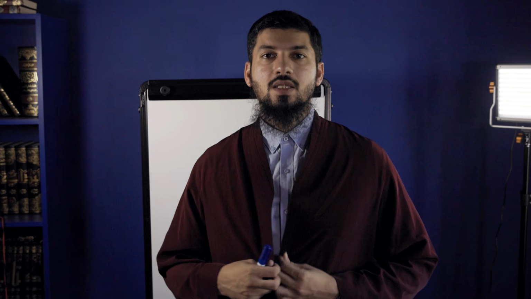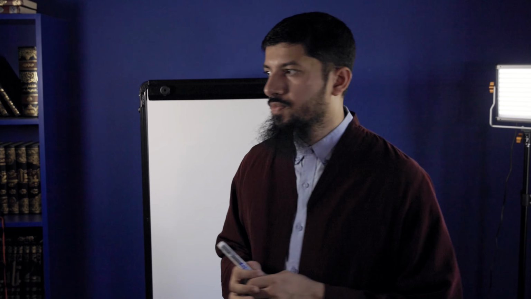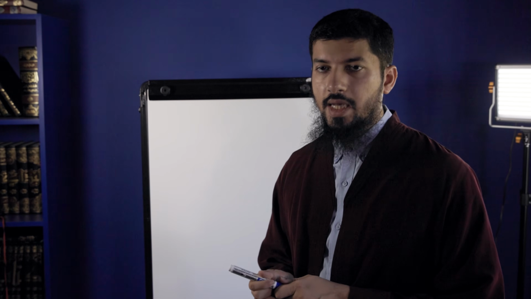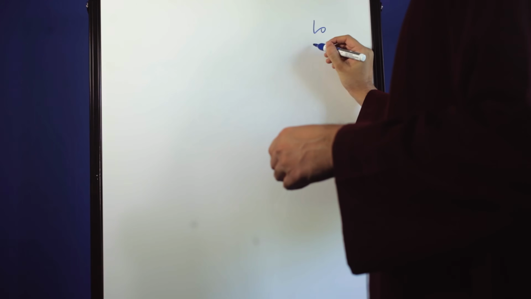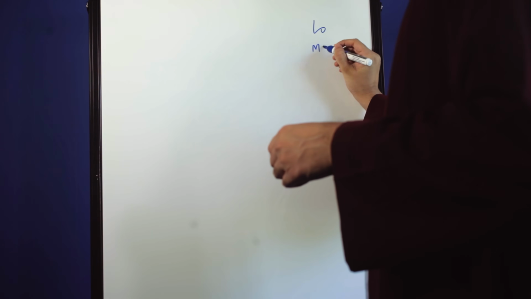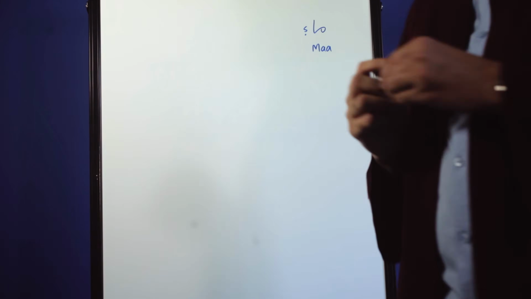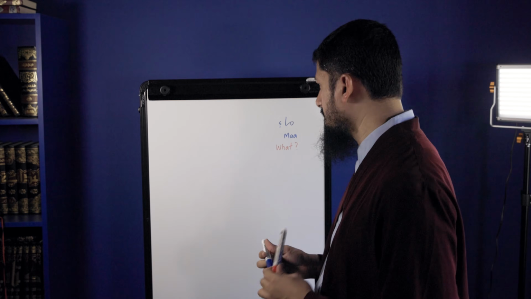طيب. Now we have learned to say this is so and so. Now we want to ask questions. How do you ask? What is this? Okay? To ask what, we use the word ma. Ma is what? So to ask what is this, we say